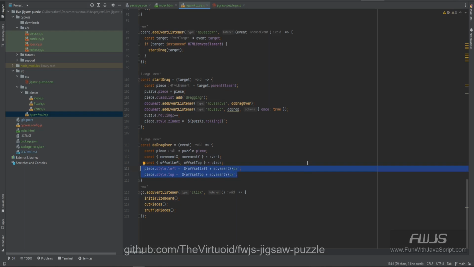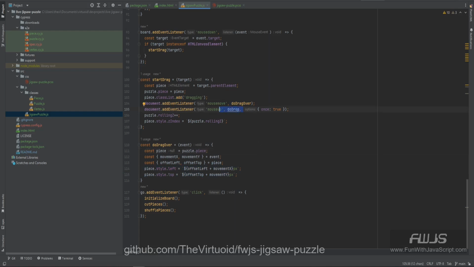That's it. That is all you really need to do, because that basically means that no matter where I grab it, as long as I move it, it's going to say, okay, I've moved 10 to the right and 1 down, so I need to add 10 on the left and add 1 to the top. And that's all there really is to it. It's no big deal. All right, let's go ahead and now do the do drop here for the mouse ups,